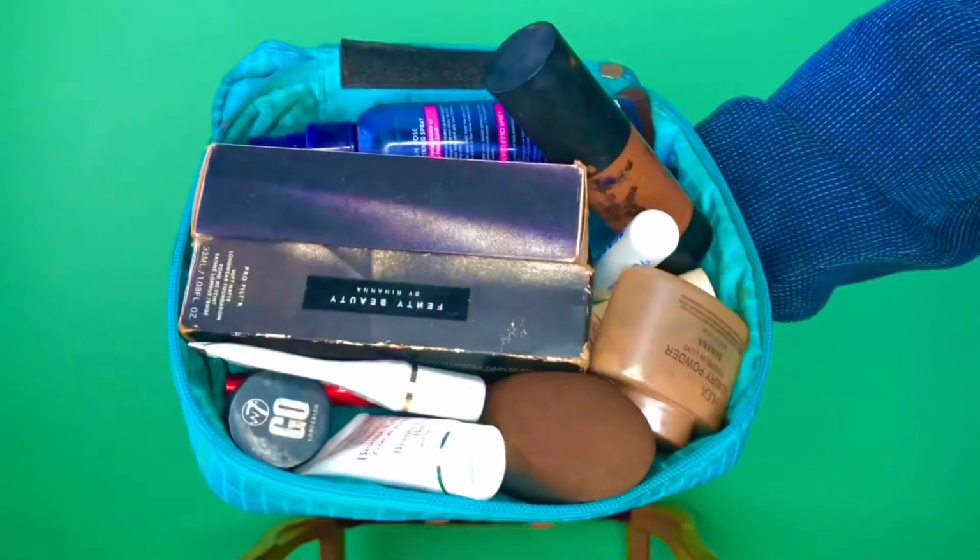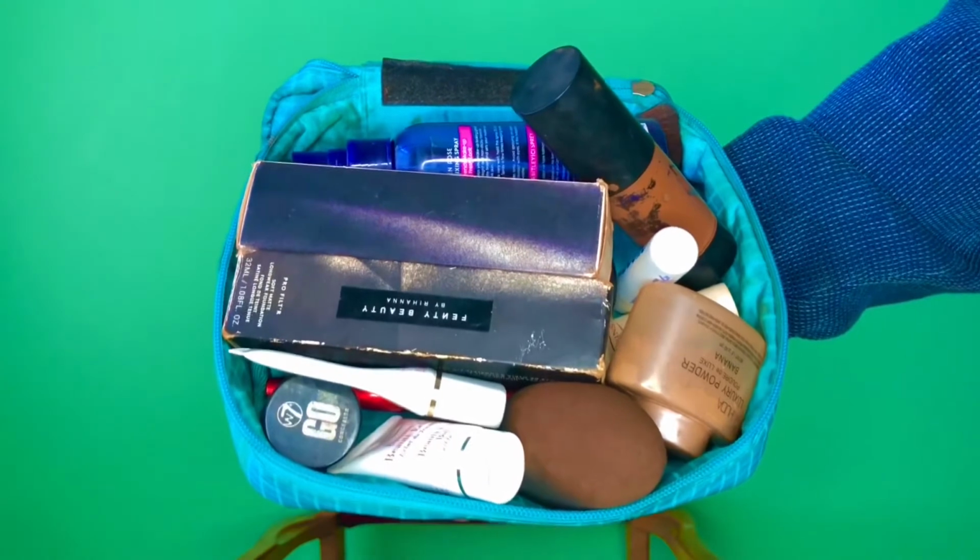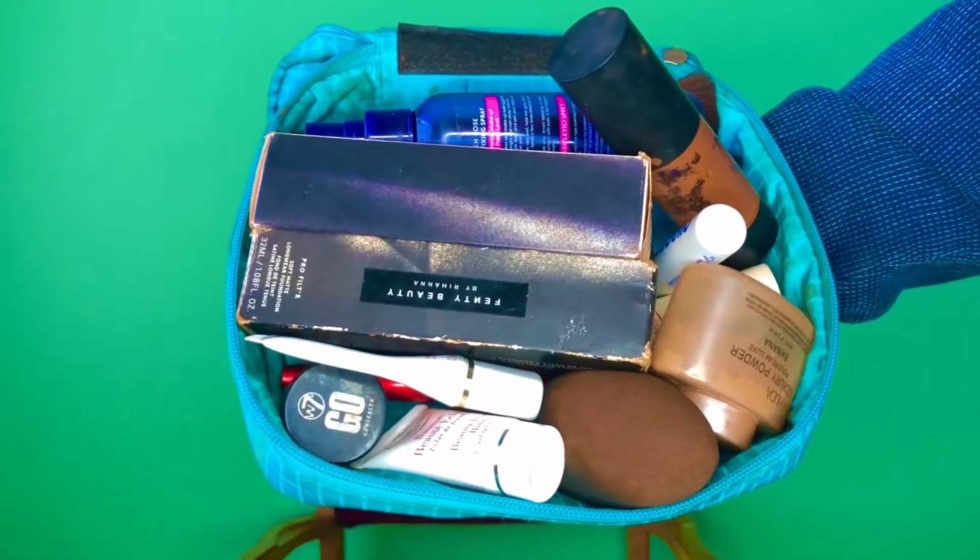So this is my makeup bag. These are my products. We will talk about it as we go. So let's get to it. I feel like since we're going to be sharing a very special story today,